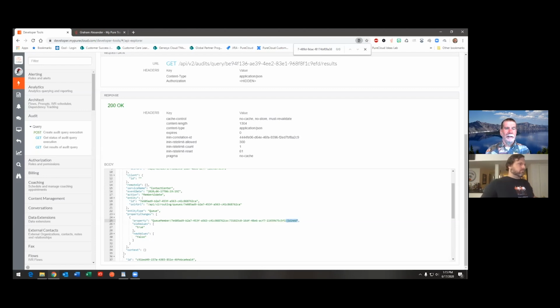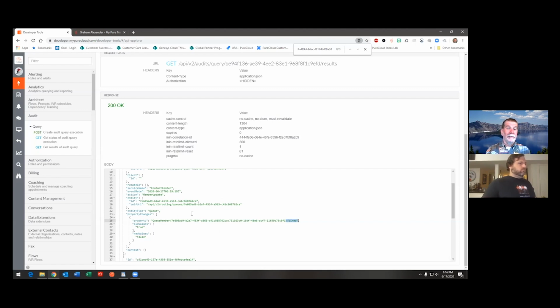And you can see the event date and time is right here, so it was 6:17, 6:19 in the morning Zulu time, or Greenwich Mean Time, UTC time. So you have to translate that over to your local time if you want to know what time local the change was made. So you can see this guy, yeah, he did take himself out of the queue, deactivated himself.